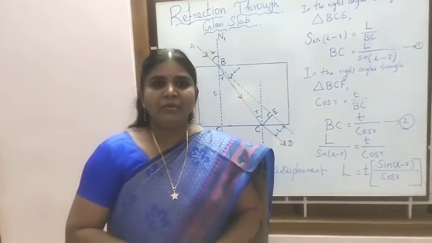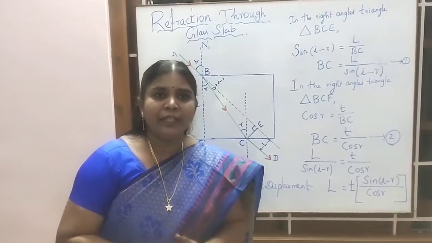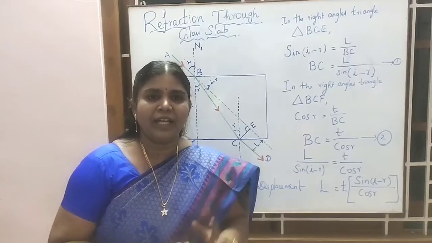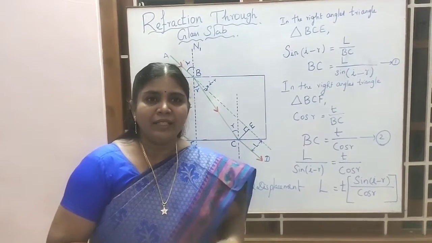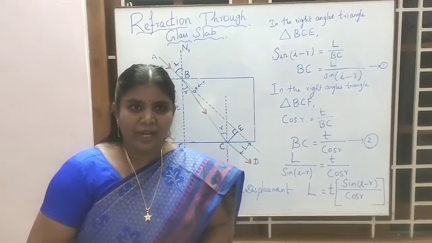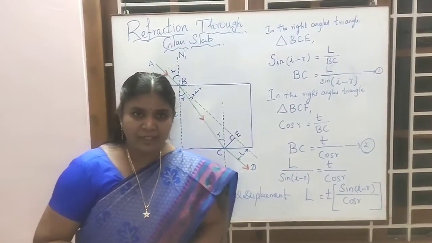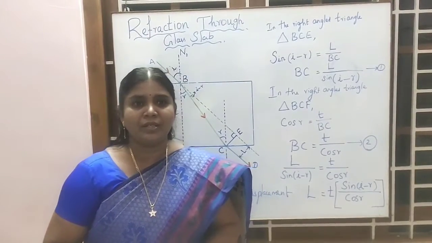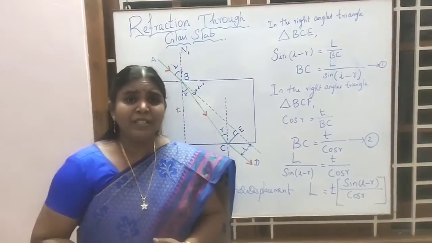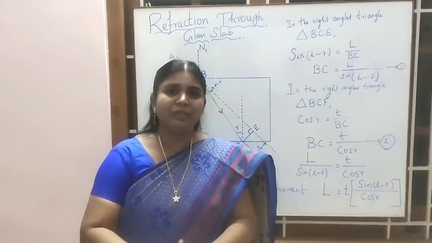Now I think you understand the meaning of oblique incidence. So the exact definition for refraction is that the light travels from one medium to another medium obliquely, so there is a change in the direction of light waves. What is the reason for this change in direction? If you study the concept, it depends on the speed of light, which is different in different media.